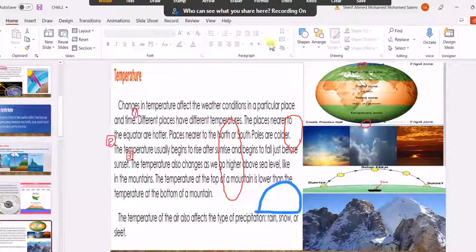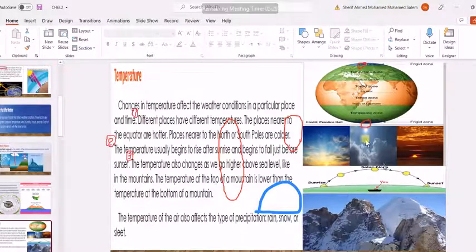Another thing that also affects the temperature is the position of the sun in the sky. The position of the sun in the sky always changes during the day. Because in the early morning, it is low in the sky. In the morning, it's low. At noon, it's high. And in the early evening or at sunset, it's low again. So which one has more